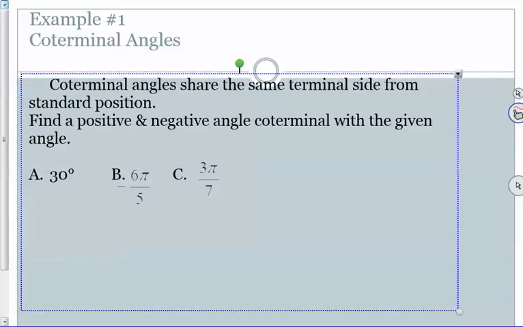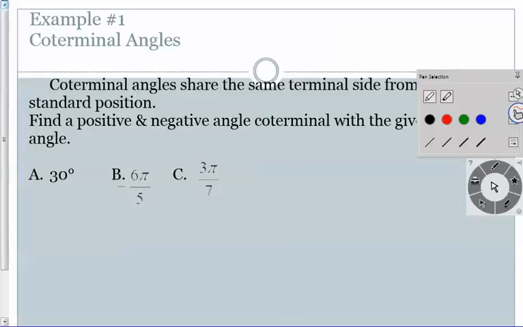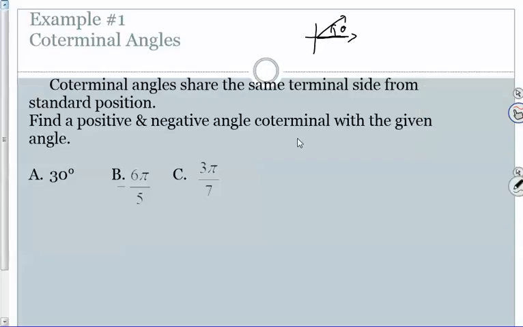what does that mean? That means that basically a coterminal angle, you've got an angle, okay, this is my angle, and we'll call this theta. Coterminal means that they share the same side from standard position. So a coterminal angle could be something going over this way. You see that this angle goes the other way. That's coterminal. So when it talks about finding a positive or negative coterminal with any given angle, 30 degrees, all